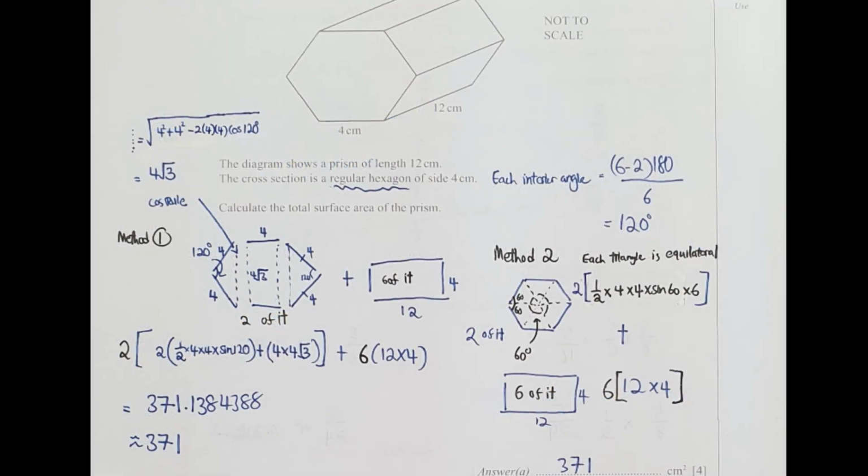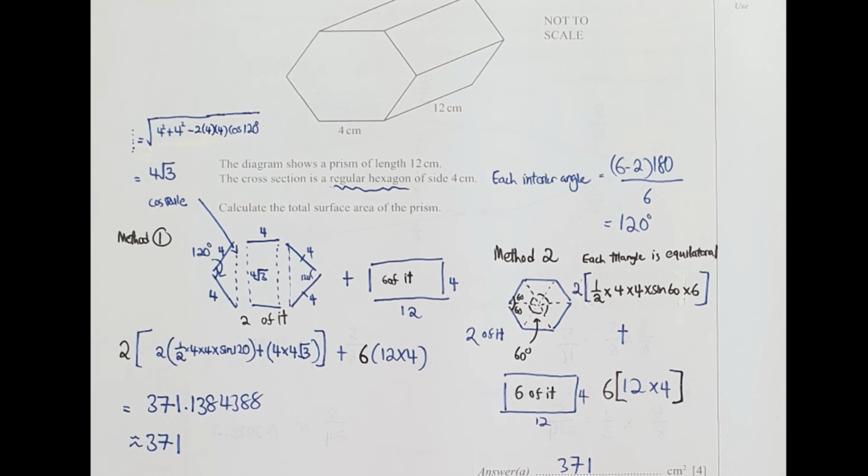Question 9. This is slightly tricky. But first thing first, what I did was to identify the interior angle using the formula, and I immediately divided by 6 because hexagon has 6 sides and they mention the keyword regular. Now that I know that the side of it is 60 now,